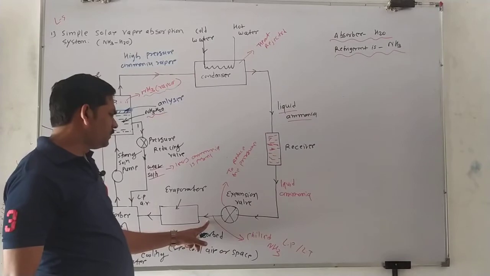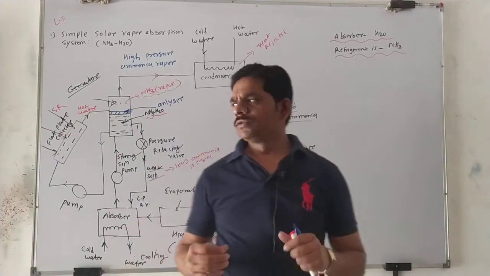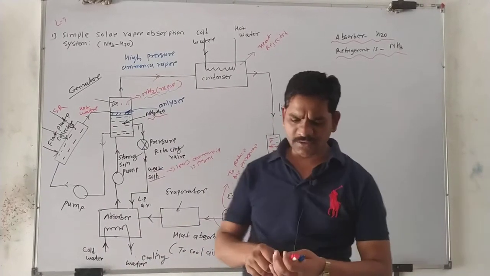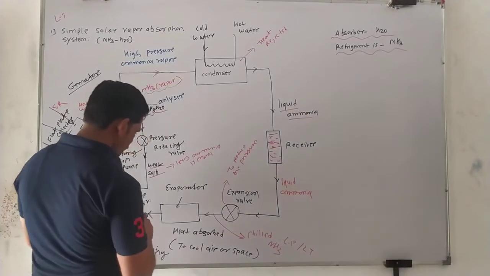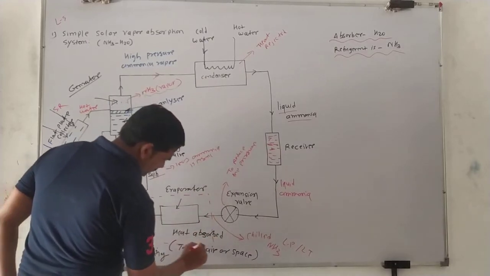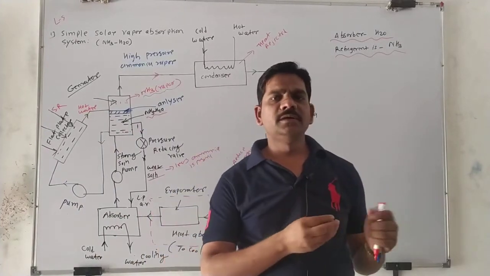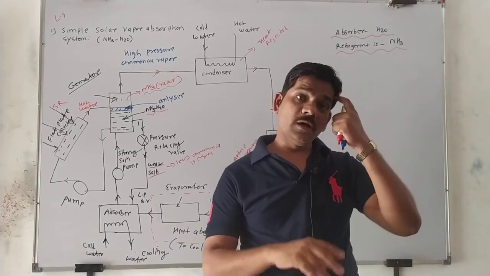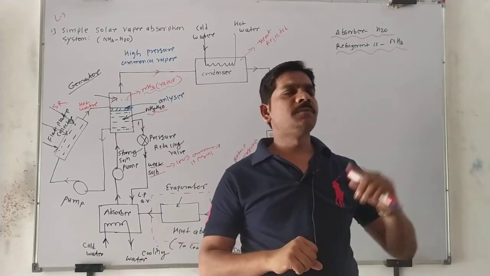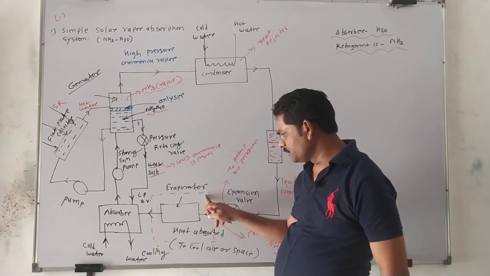Now this chilled ammonia enters where? Inside the evaporator section. This is the evaporator. So this ammonia passes into the evaporator. What is the role of the evaporator? Suppose you place this evaporator in a system, in a room, or for ice making. This evaporator removes the heat from the system. Yes or no? Yes. So this evaporator removes the heat.